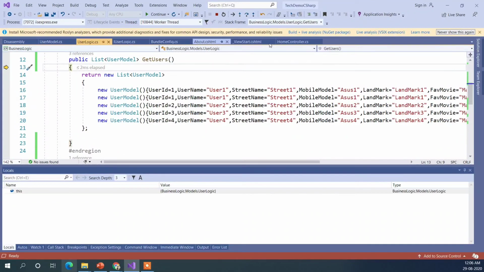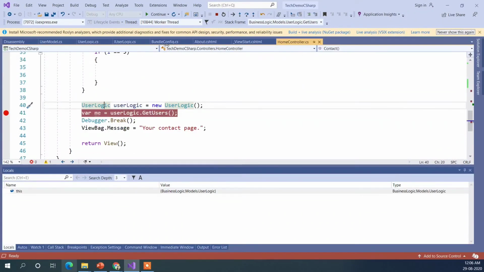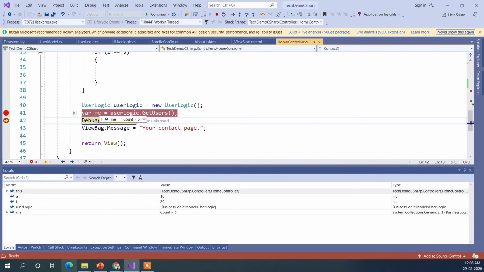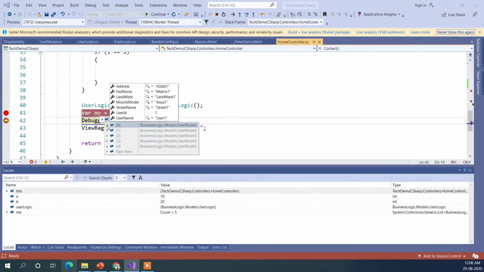So when we try to, let me just come here and do a continue on it. So when we try to see things, we always get a similar output like this. So it is a class, and we need to see all the variables like this.